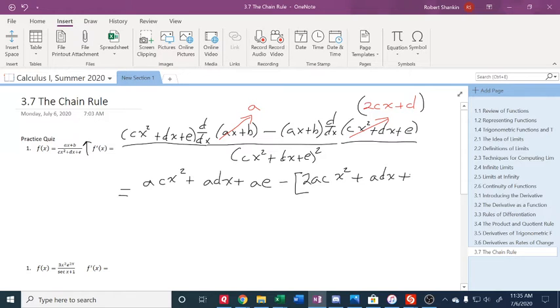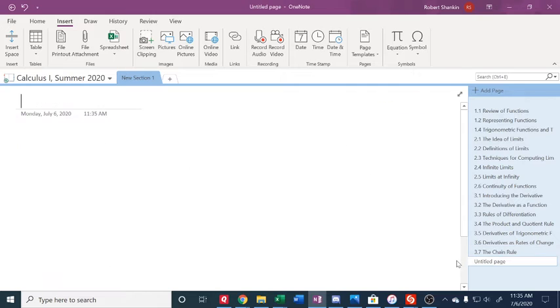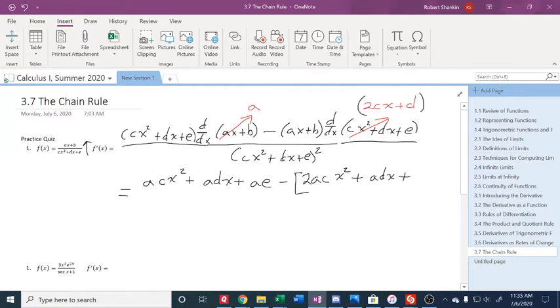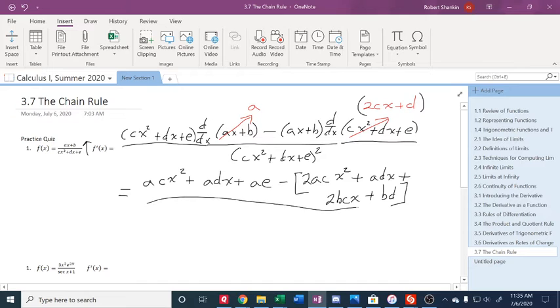Plus, oops, tried to scoot over a bit, and what did I do? Oh, I just went to a whole new page. Alright, plus, let me just go down here. 2bcx plus bd. And all this is over